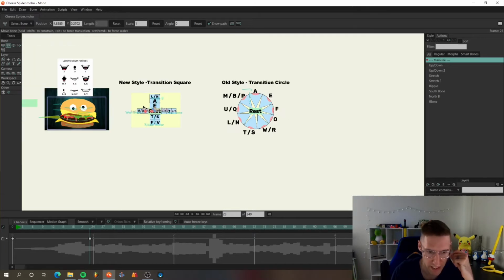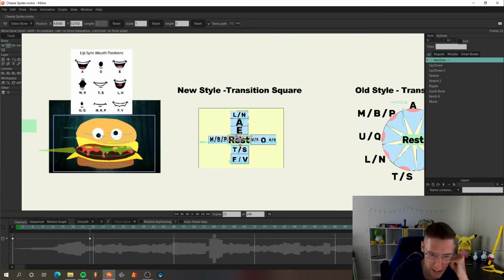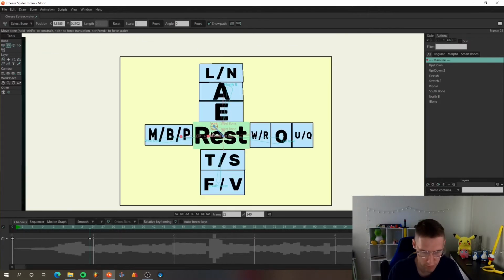But the idea is that the E, the A, and the L, N. So the E is here, then it goes to A, which is a little bit more open, and then it goes to the L, which is just the A, but with the tongue up. So it goes in that order up. Then if you want to go blended even, you can have, oops, I have to make this a little bit bigger so you can see it. So you can go EALN,